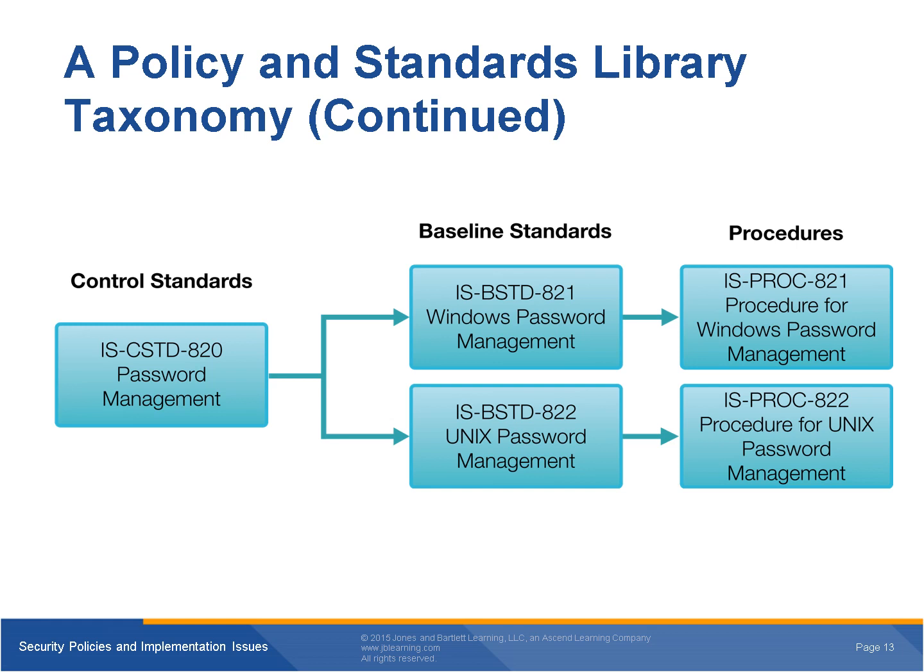These two standards define the requirements for password management as they pertain to the Windows operating system and the Unix operating system. In this example, numbering follows the parent standard's numbering,